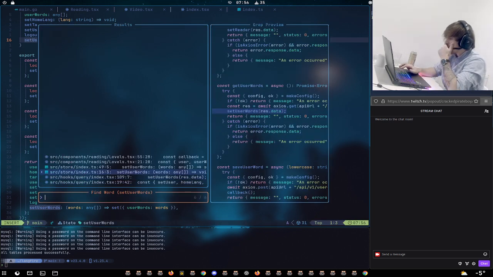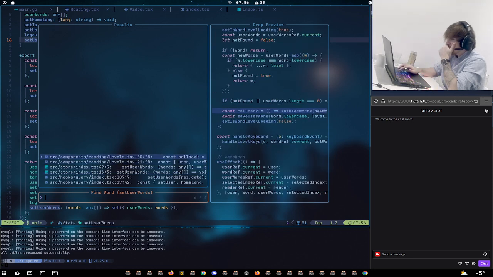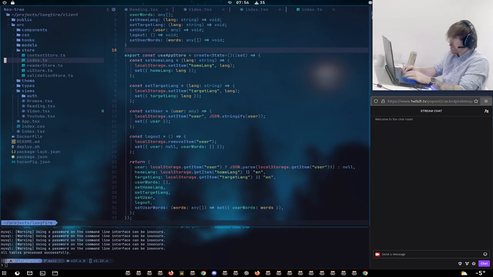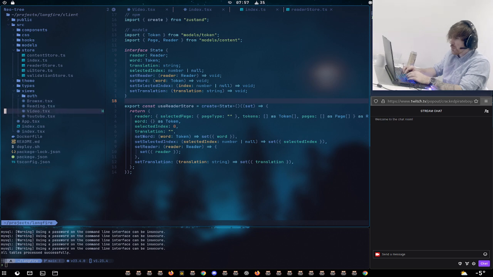How's it getting cleared? In the query they get used, not the store.